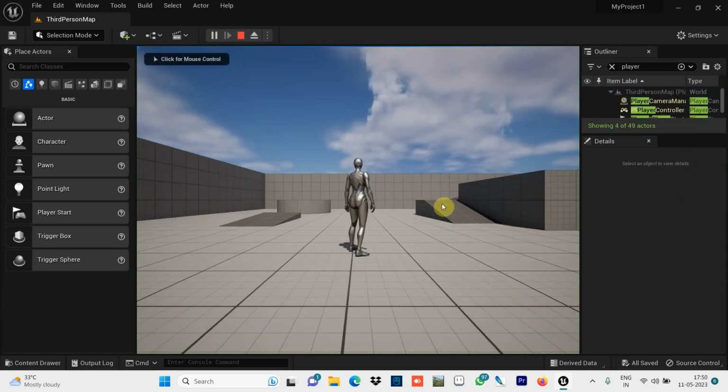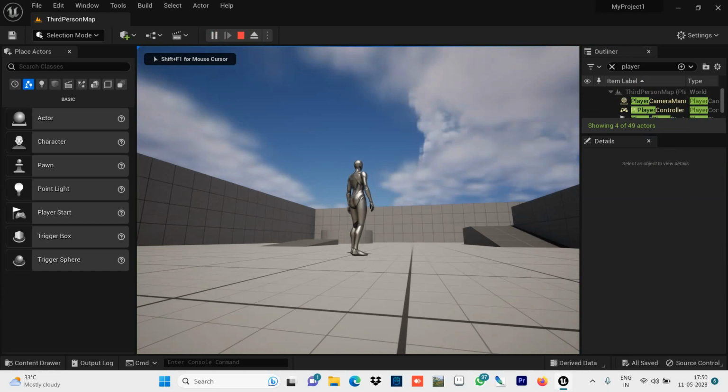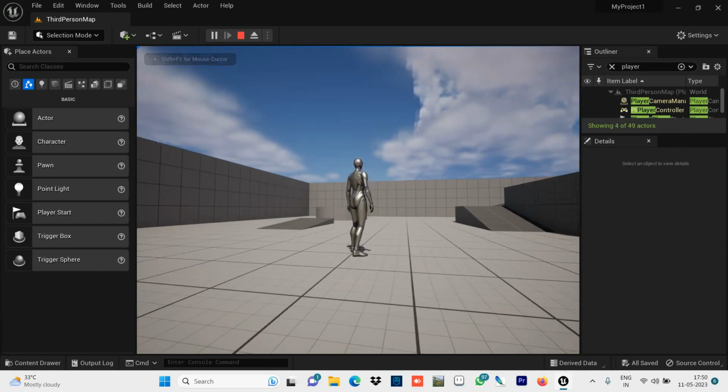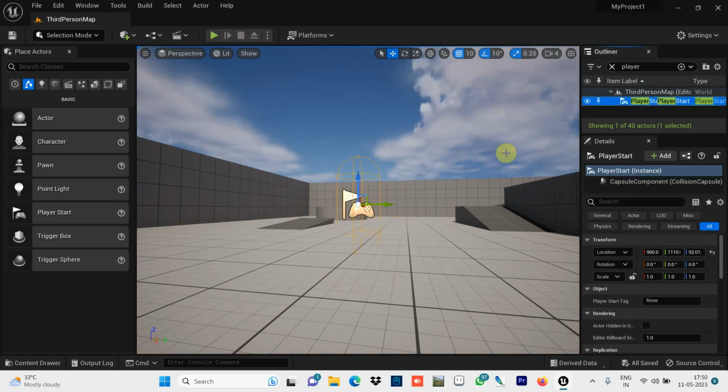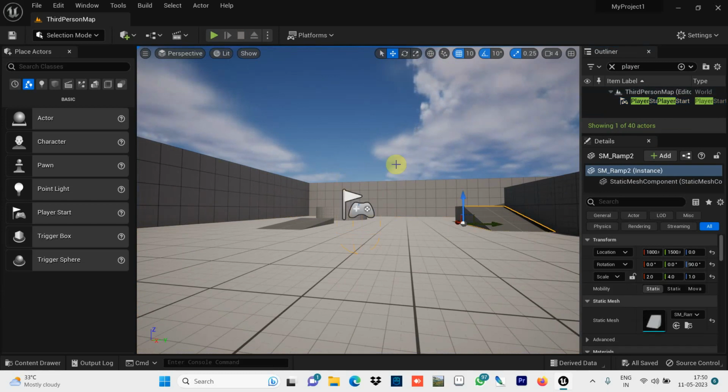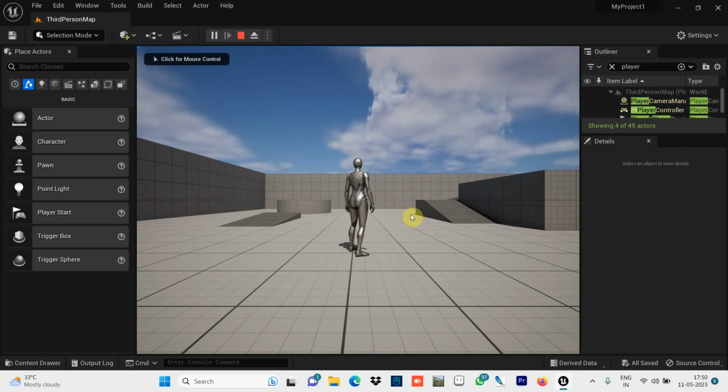Can you see? So I put it here. You go to the player start, and then I start it here. Then I go for the player start. Can you see the player? It is automatically coming there.